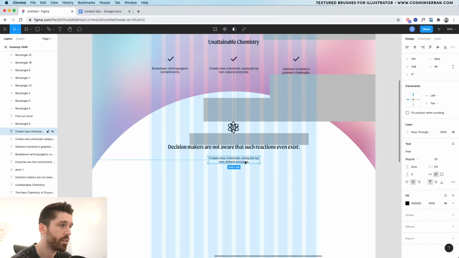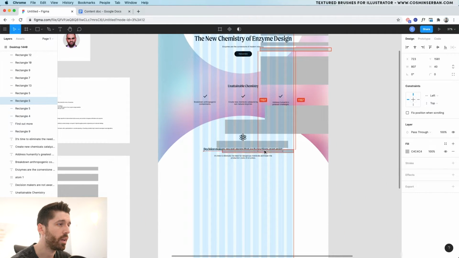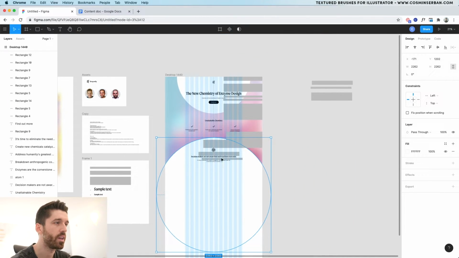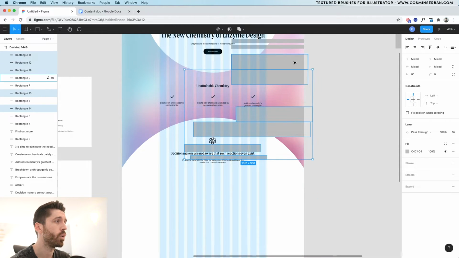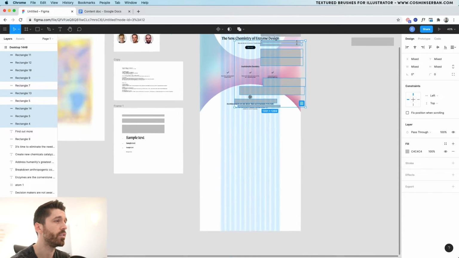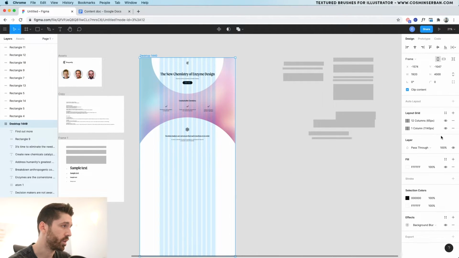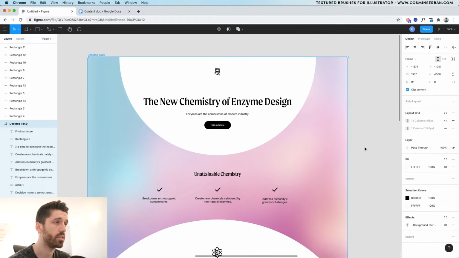Make a copy of the inter element, double click, paste it in, and let's spread it out a bit. Actually, let's use these ones as guides, and we do need 40 pixels here, making a copy of that particular shape. Move it a bit. Let's try and get rid of all of the guides and again take a look over what we've been able to create. I'm going to select all of them by holding down Shift and move them out of the way, and from the frame I'm going to actually deselect the layout grid, and let's zoom in to take a look at how this page looks.